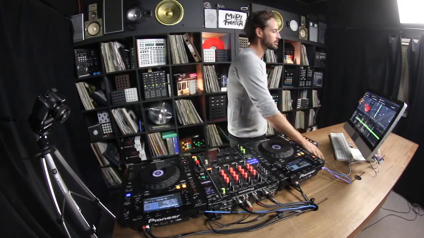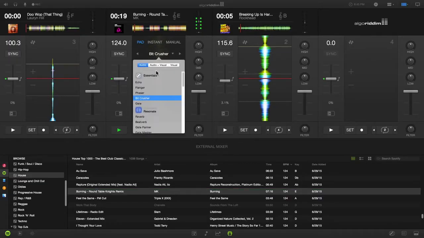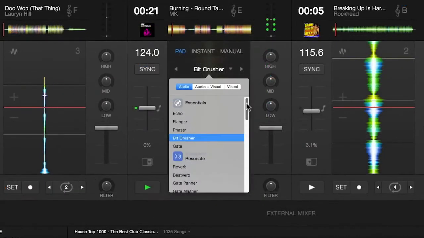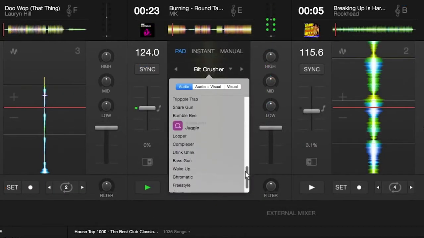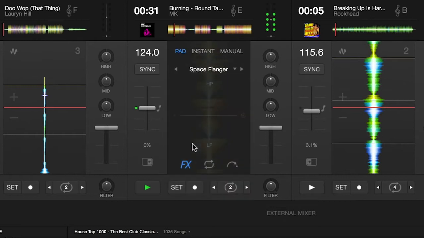So I got a little beat here. Let's listen to some of these other effects. Now, these effects at the bottom are the ones that I want to talk about. These are the Sugar Bytes effects. Sugar Bytes makes some interesting effects plugins. Now, you have to pay for these, so these are not free. But if you do pay for them,